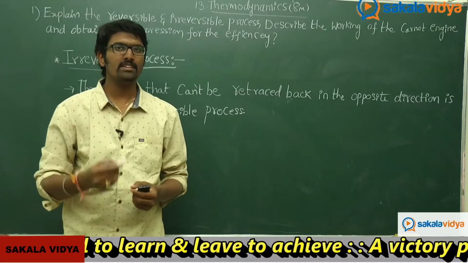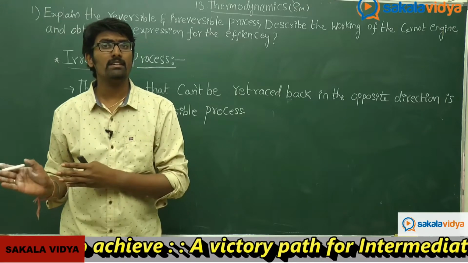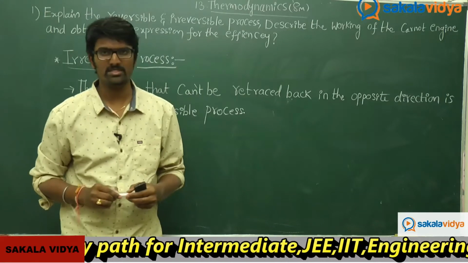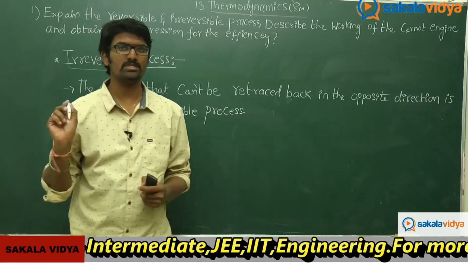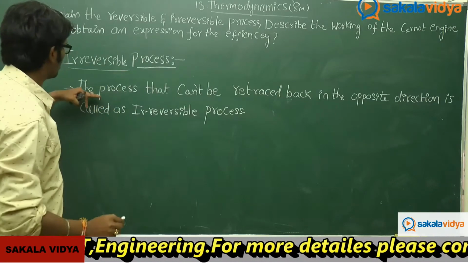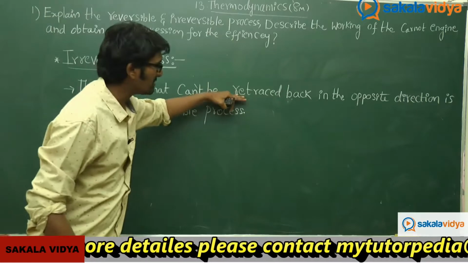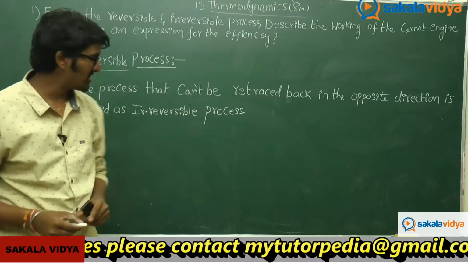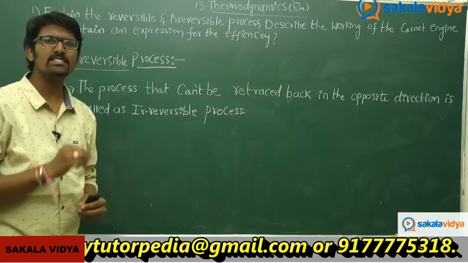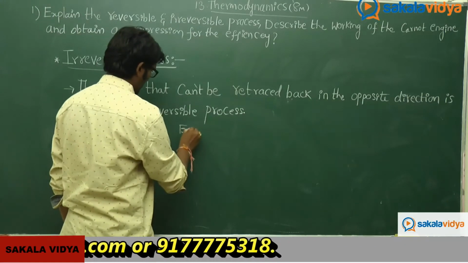So what is an irreversible process? That process which cannot be retraced back in its opposite direction is called an irreversible process. The process that cannot be retraced back in the opposite direction is called an irreversible process. What are the examples for your irreversible process? Examples are as follows: